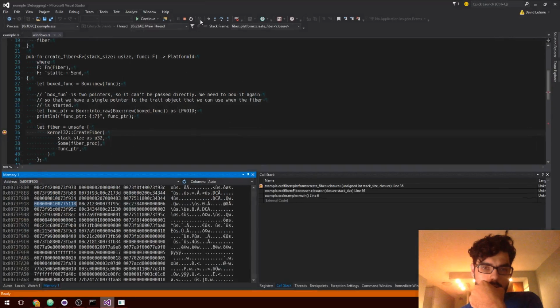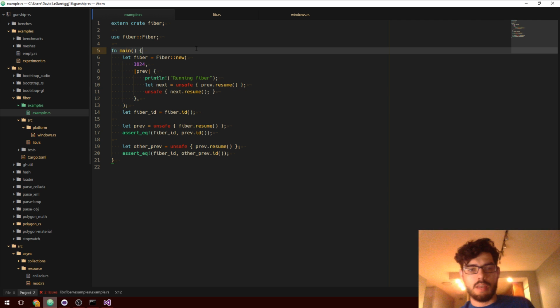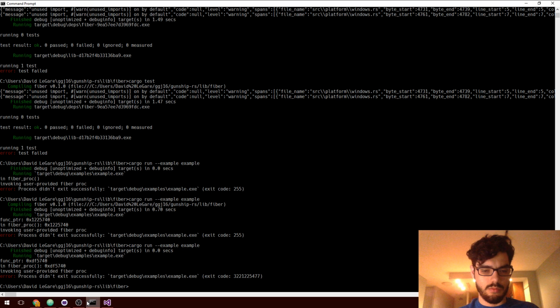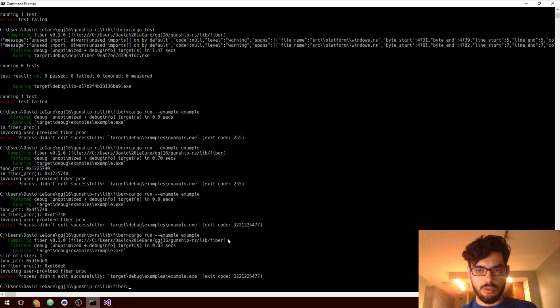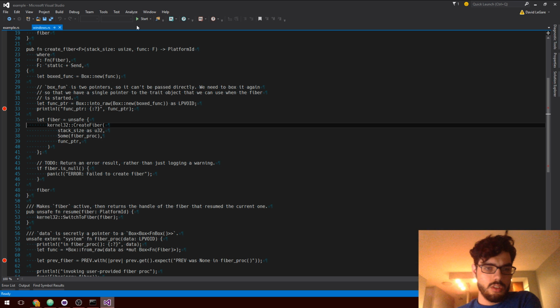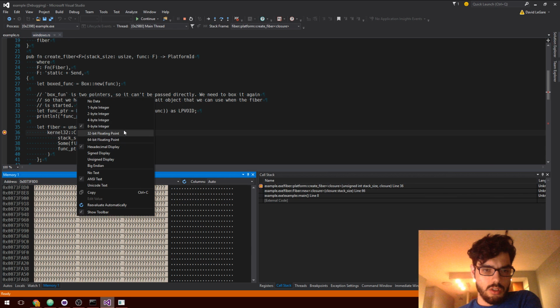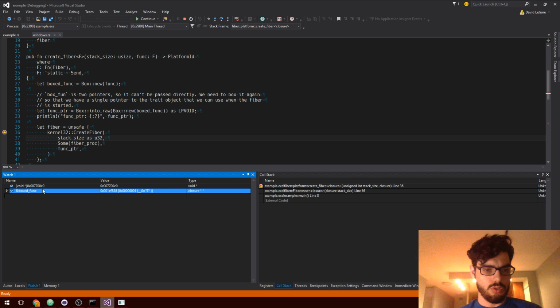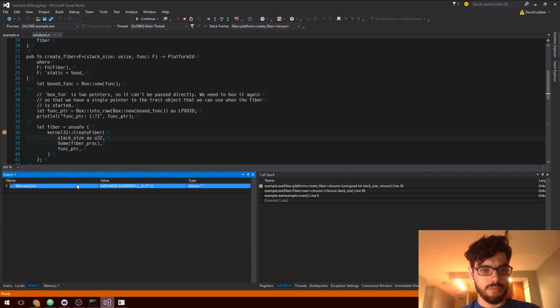Maybe what I should do is at the top here print out size of usize. std mem size of usize. 4. So it is a 32-bit system, which means when we do this, we should be looking at 4-byte integers, hexadecimal display, and then we should go to, we can kill that. We should go to